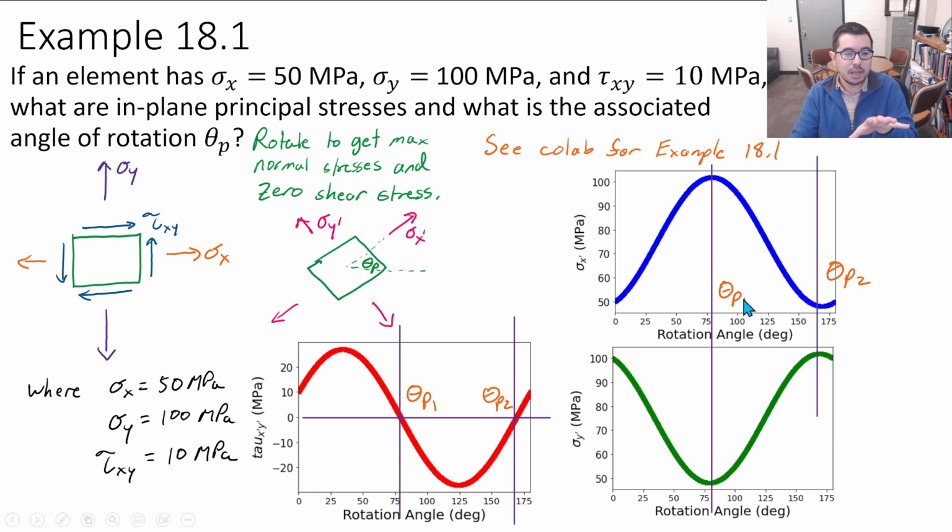We see we have a theta p1 and theta p2, where we have a theta x prime at a max, a theta x prime at a minimum, where a theta y prime is at a max. And then we have two orientations where we have the shear stress being equal to zero, okay? So